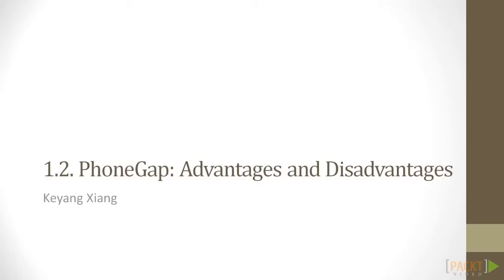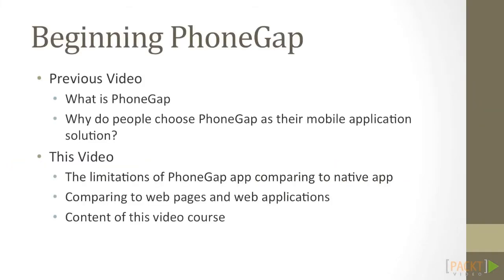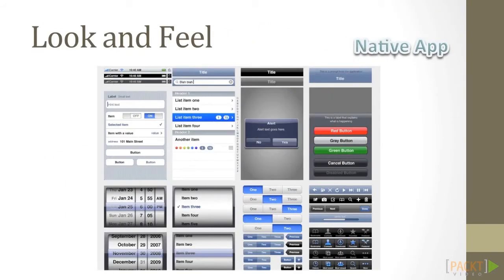In the previous section, we simply discussed what PhoneGap is and what the benefits of using PhoneGap for mobile application development are. Nothing's perfect. Although PhoneGap can cover over 90% of mobile application requirements, it also has its limitations. This section will give you a full understanding of PhoneGap so that you can decide whether PhoneGap is the solution for your business. First, native apps always feel like native apps since they have native UI components, while a PhoneGap